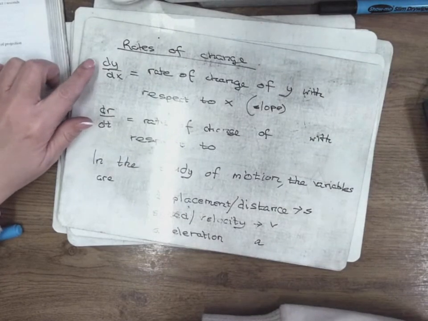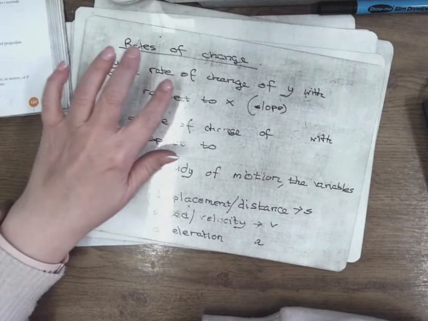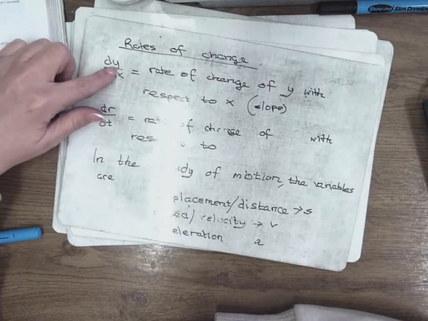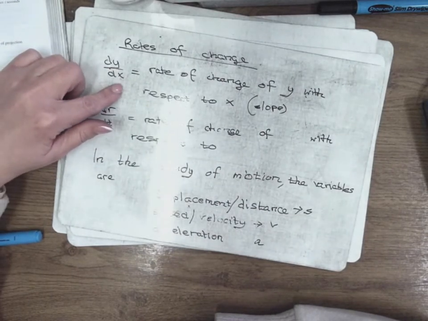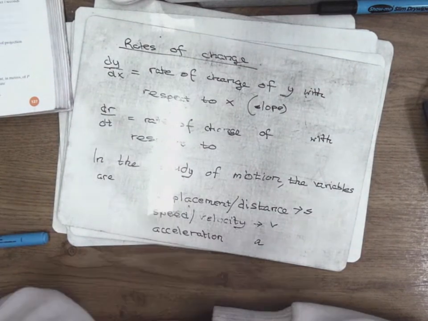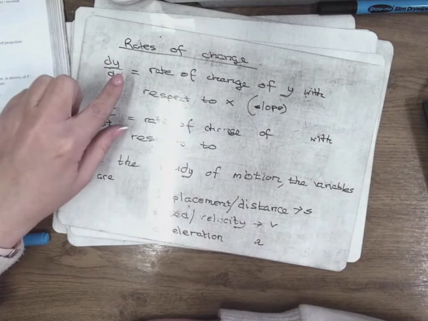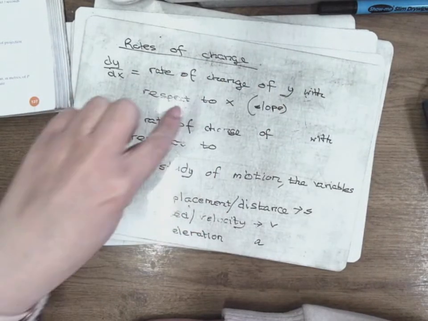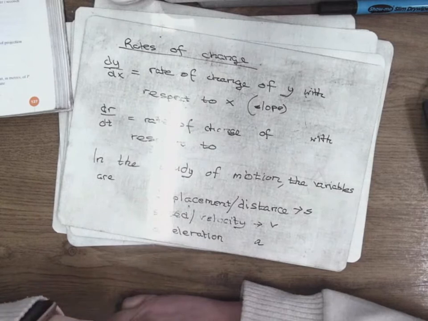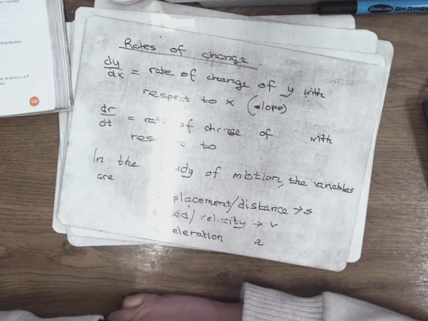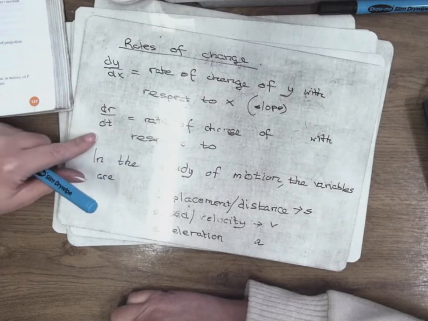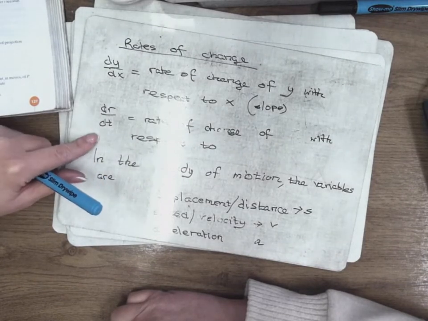Up to now, we've been doing dy dx. That's the rate of change of y with respect to x. So it's the rate of change of the top letter with respect to the bottom letter. The equation you get would be y equals all the x's. That's what we call slope in the coordinate geometry chapter. If I had something like dr dt, I just made up these letters,